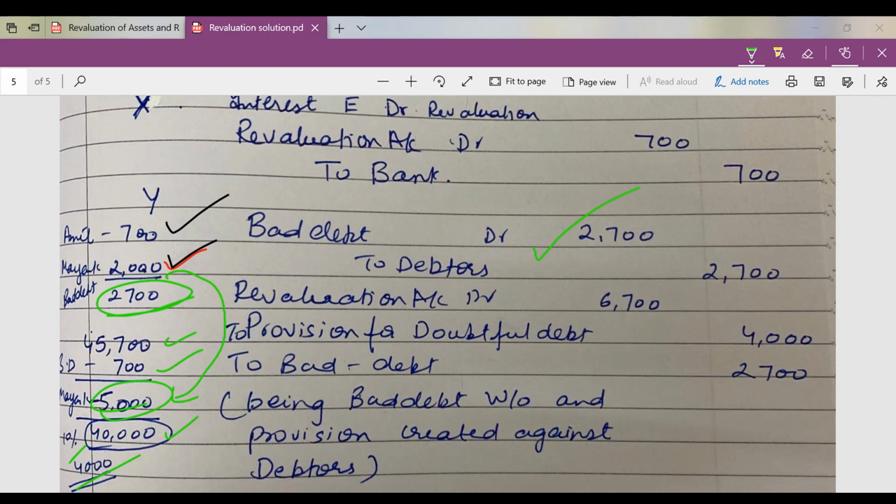See now children, be careful. This question doesn't have any provision. The debtors are just given, they don't maintain a provision. So the new thing that you have to write: bad debt has to be written off against the revaluation. And the new provision he is asking you to make again has to be made from the revaluation. So you need to credit the provision and debit the revaluation. So the last entry is for a loss for the business, because you're creating a further provision and you're writing off your bad debt.